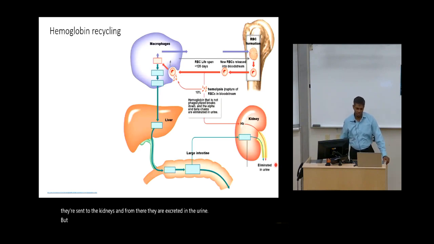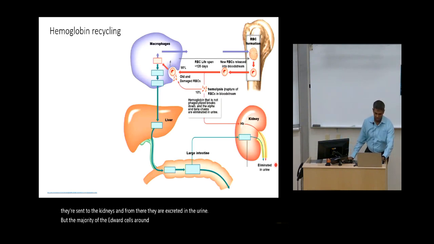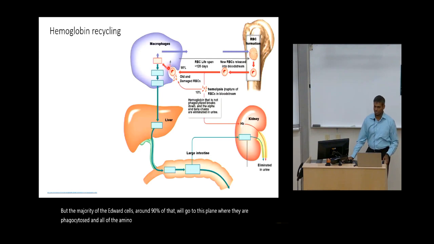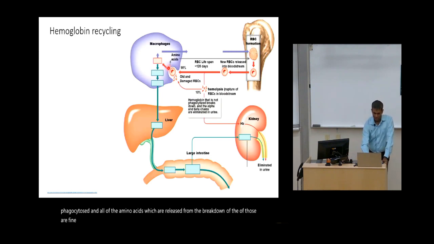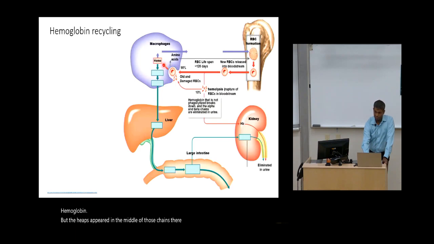But the majority of the red blood cells, around 90% of that, will go to the spleen, where they are phagocytosed, and all of the amino acids which are released from the breakdown of those alpha and beta chains will be sent back to the bone marrow for making more hemoglobin. But the heme subunit in the middle of those chains will be broken apart to have the iron